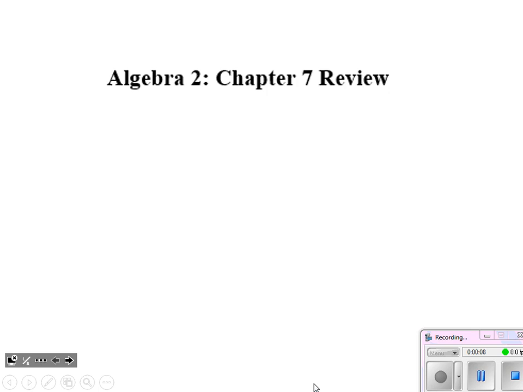Hopefully you've all got your review guides right in front of you, and you've already checked your work with the key that was posted online as well, the PDF that was on our Haiku page. So, this chapter, there were a lot of situations where we had quite a bit of writing to do, right? The adding and subtracting, multiplying and dividing of rational expressions. It took some time, so we want to be as efficient as possible with these problems.